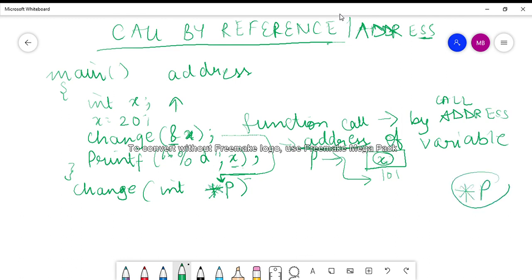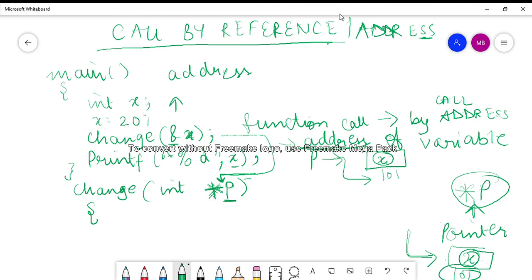If I want p to point to that particular location where x is stored, p will store the memory location of that space where x is stored. So p is the pointer variable, and a pointer variable is represented using an asterisk. We are passing the address of variable x, and that address is stored in the pointer variable p.